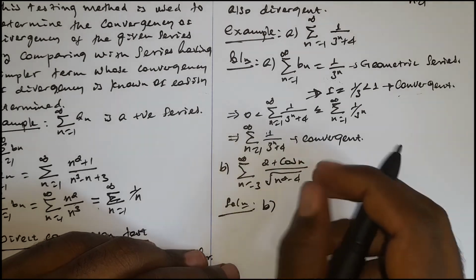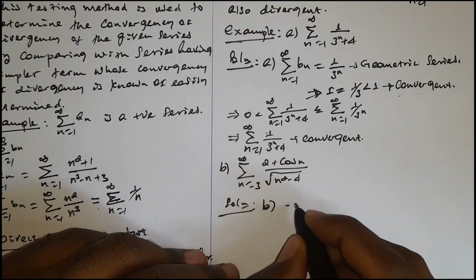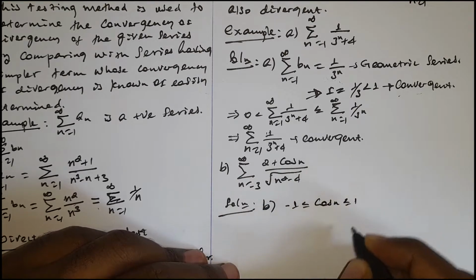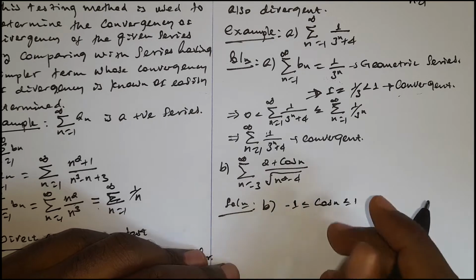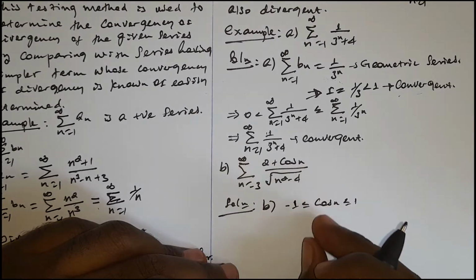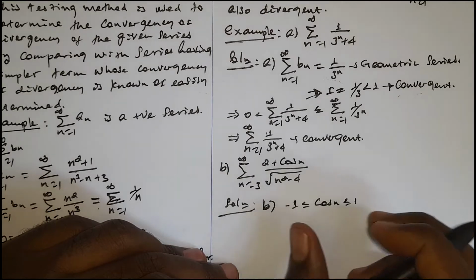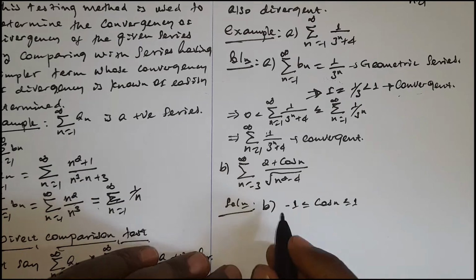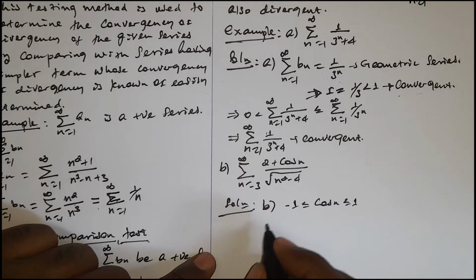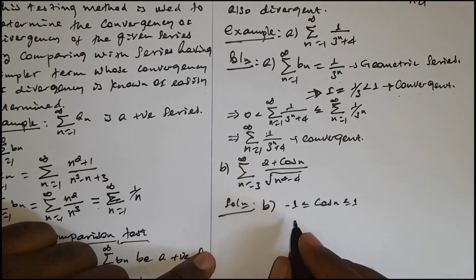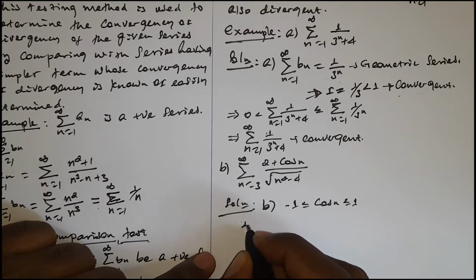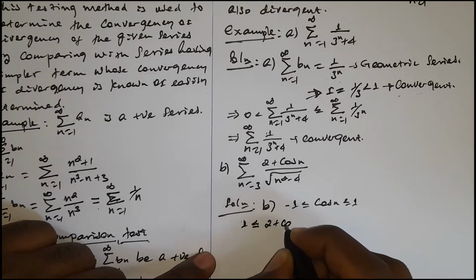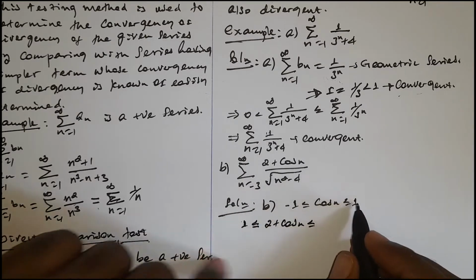From squeezing theorem, negative 1 is less than or equal to cos n is less than or equal to 1. It fluctuates between negative 1 and positive 1. So from this, negative 1 plus 2 is 1. 1 is less than or equal to 2 plus cos n is less than or equal to 1 plus 2